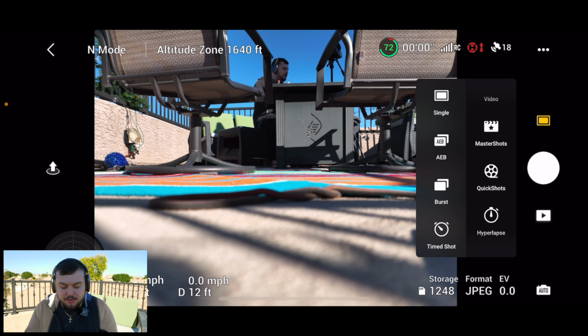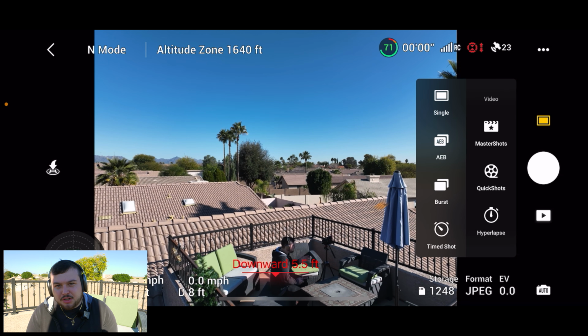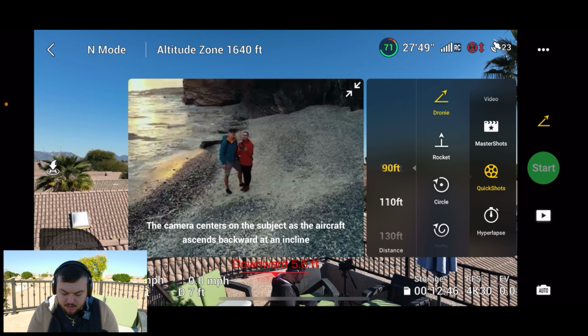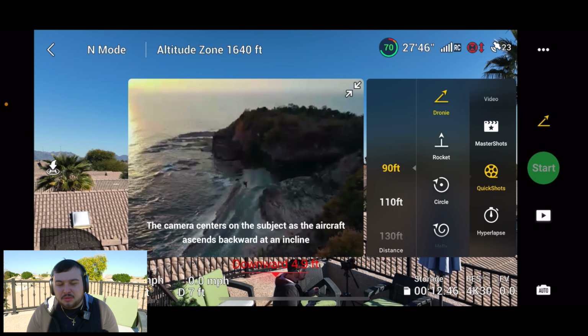So we're unable to enter the mode when we're not in flight. Sorry about that. Let me get the drone in the air. Okay guys, so I've got the drone in the air and now we're gonna select quick shots again. And there we go. So now that we're in here, you'll see all the different modes that you'll be able